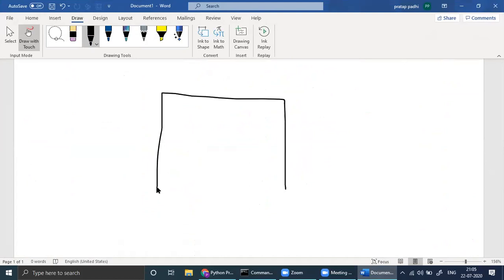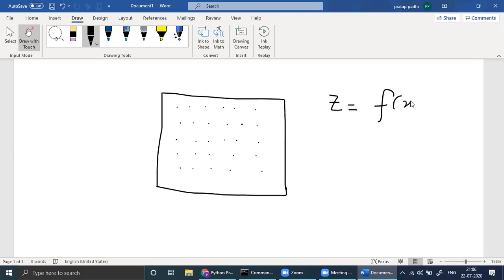The first thing for you is to get points like this. Then you define a function. If you write z is a function of x and y, any function of x and y, suppose I write z is x square plus y square.